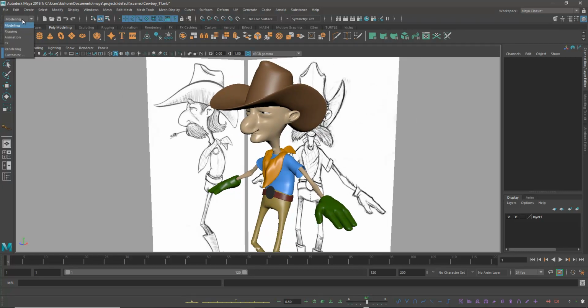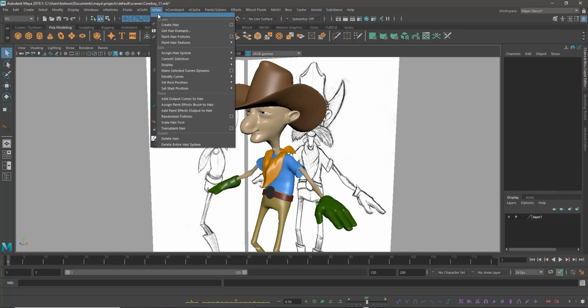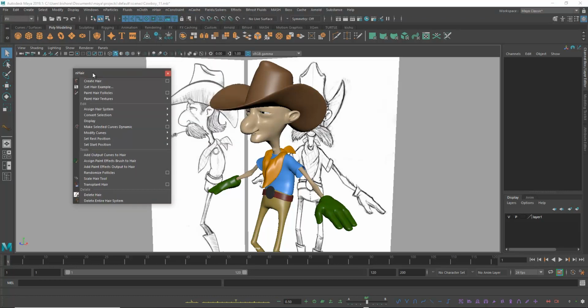You can see here in FX, there is Hair. It was Hair System, but now it is converted into Hair. I think recent versions of Maya are giving Hair. Hair and hair system are completely different processes in Maya. Hair system is just like Mulligan modeling. We can also control hairstyle or hair simulation by using the dynamics controls. We can also develop a hairstyle just like polygon modeling in Maya, but it takes some time to cover the basics and fundamentals.